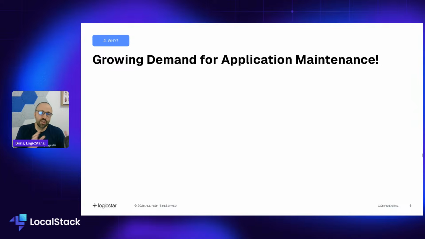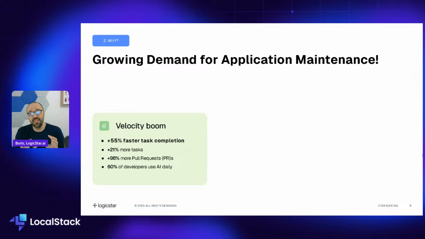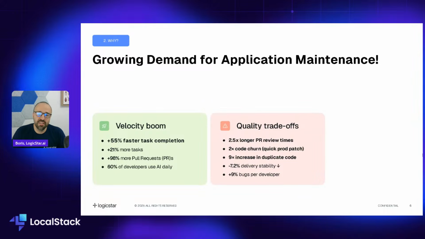As I highlighted, there is a growing demand for application maintenance, right? As I call it, application reliability engineers, that I believe is the right term for it. And the reason is what we're seeing is AI, as we said, is definitely accelerating the development speed. We're seeing much faster completion of tasks, more tasks being generated, pull requests being doubled from an output perspective. So there's definitely adoption there, right? But we also see data that there is a quality trade-off, as we call it, right? Which means that the quality of those commercial applications and projects is actually dropping, right? It takes longer to review the pull requests, so we're wasting time. Hence the demand for maintenance, right?